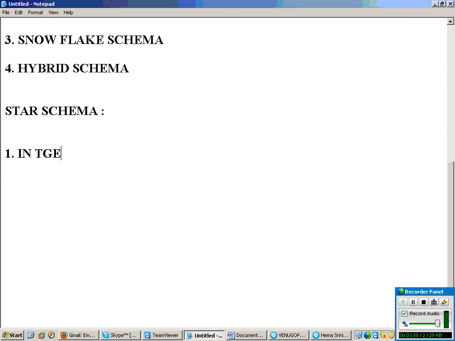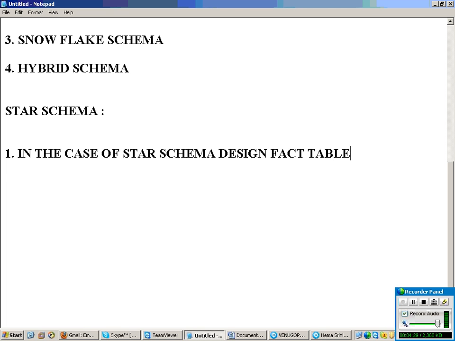In the case of star schema design, your fact table, what is fact table?